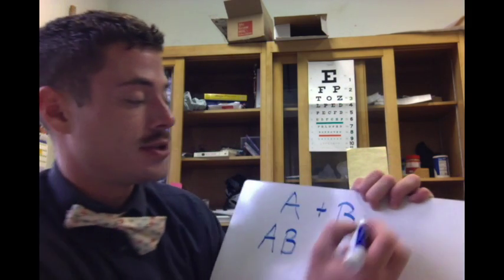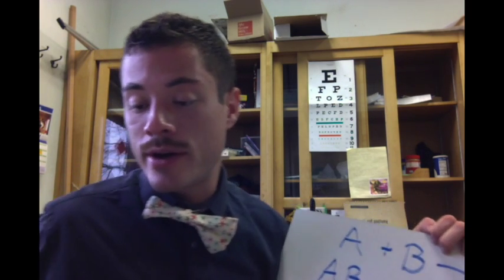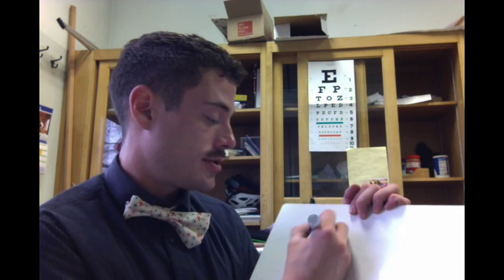The next one is synthesis. And synthesis, or you can also call this combination, this is when you have a compound that is created by combining two other things. So this could be any multiple variety of things, but you would combine these two things, the A and B, and it would become AB. So a more real-life example of that would be when you take iron, so you take Fe,